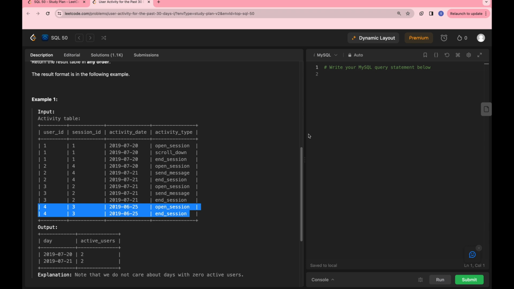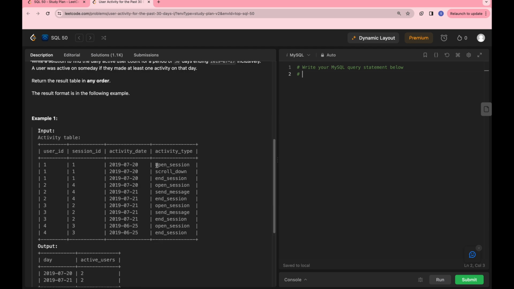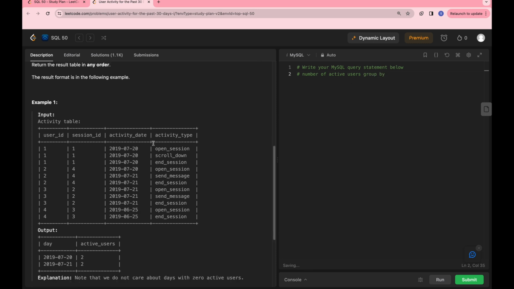So how do we go about solving this problem? From the problem statement, to get the count of active users, we are going to get the number of active users. We're going to group by activity date. And the condition is where the activity date has to be between 2019 July 27th,